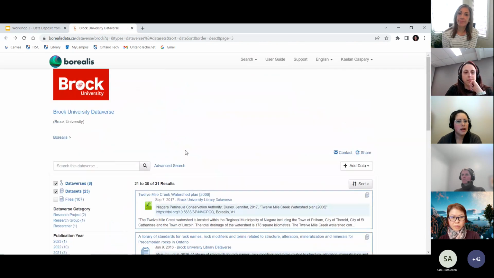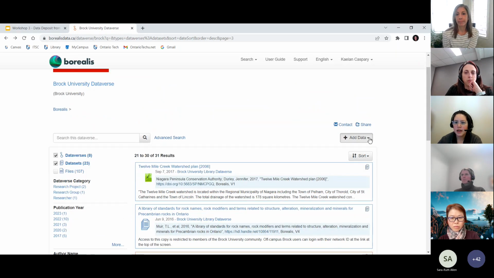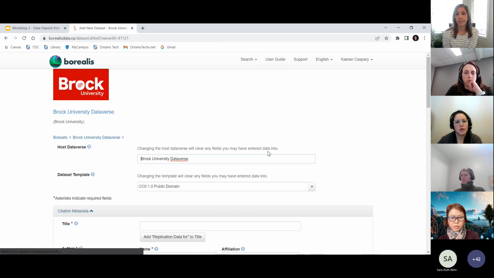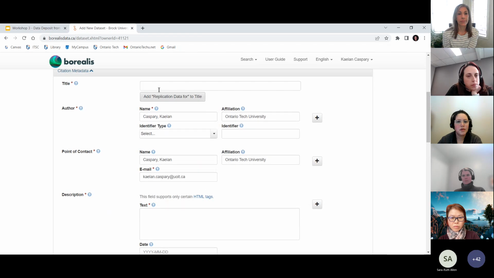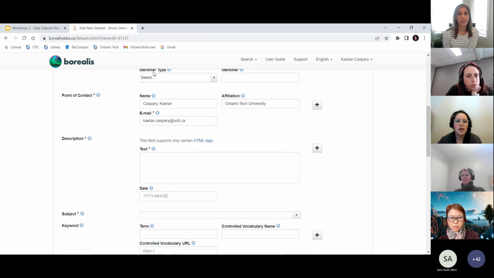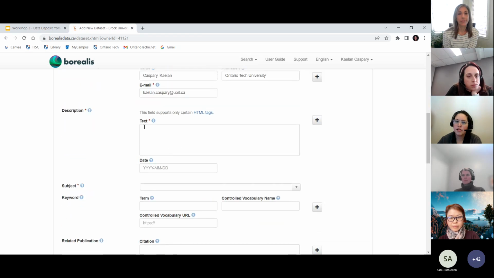Back, and there you can just see right over here is the add data button for how you add data. You can either create a new data set or a new data verse. Let's very quickly show you what that would look like. So you have names, affiliations, point of contact. You can see a description,